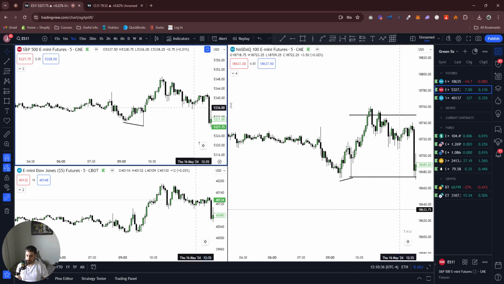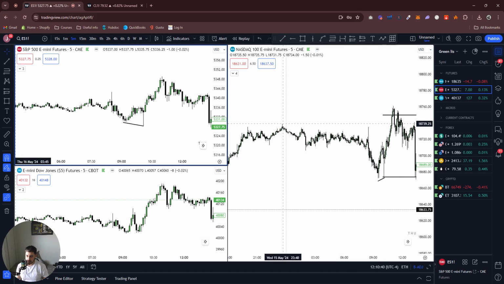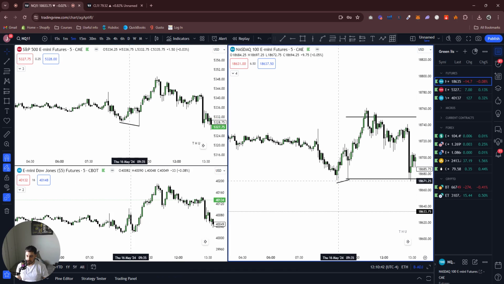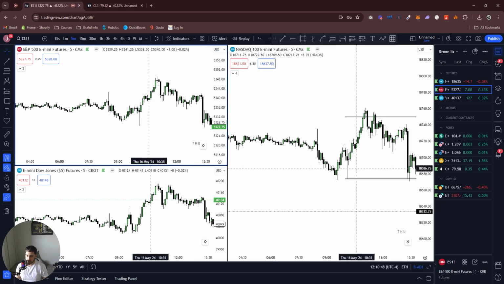You can get in buys right there and target the draw on liquidity up here, these highs right here, these relative equal highs right there, okay? If you miss this setup here, or if you're too afraid to get into a rejection block right here, right? If you're too afraid to get in that,